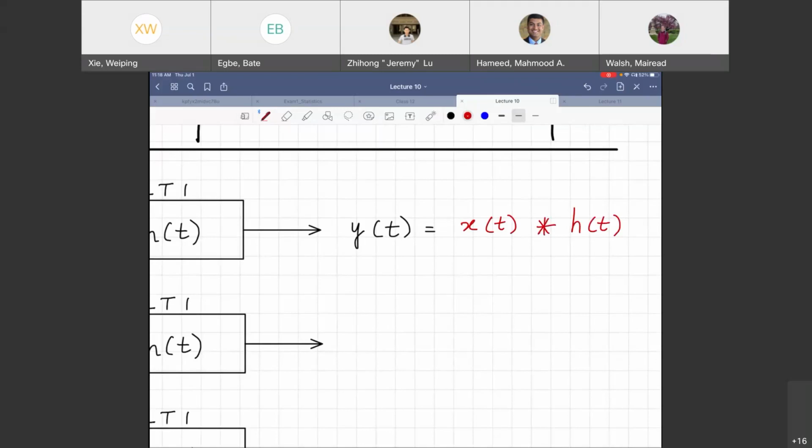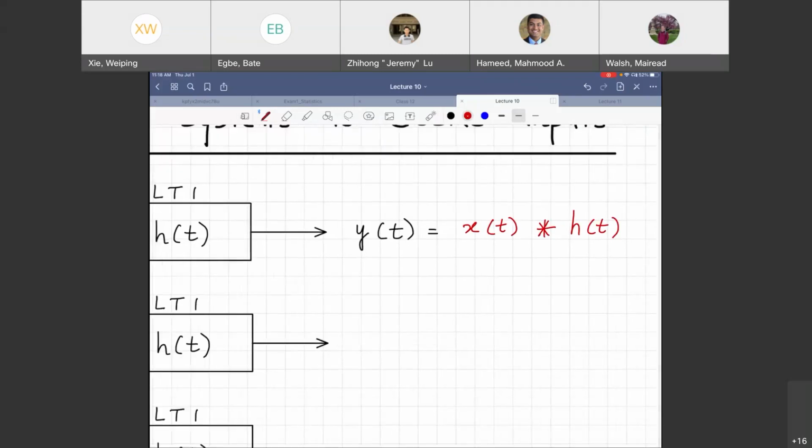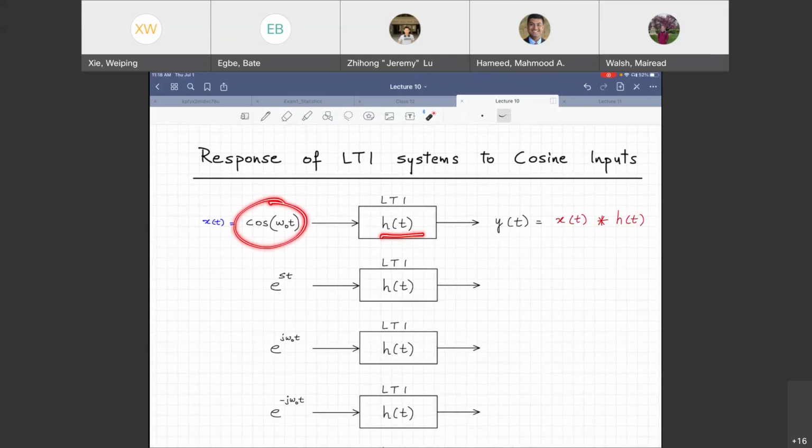So here is what I'm looking at right now. A cosine signal that is being convolved with h of t, right? It's similar to one of your exam problems where you had a rectangle and a sine or a cosine term that you had to convolve with. Not straightforward, right? Go ahead, Franklin.